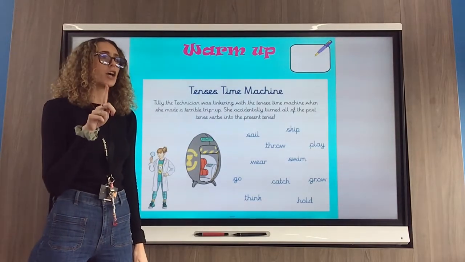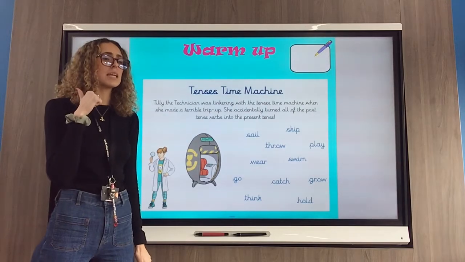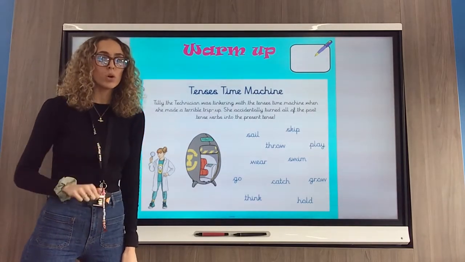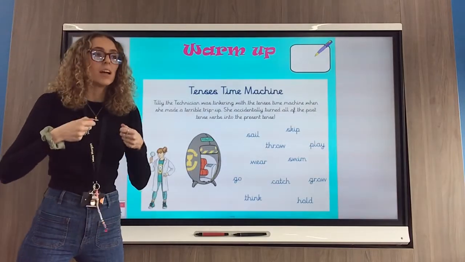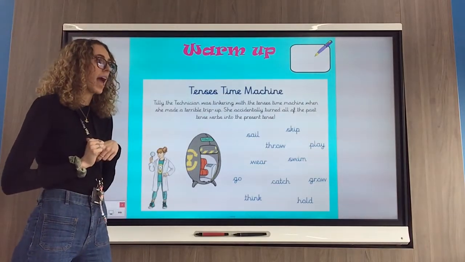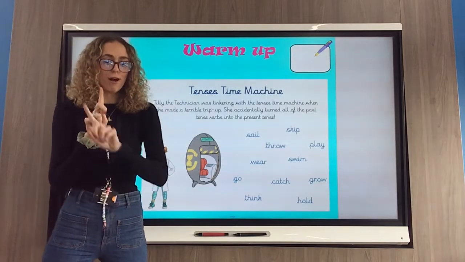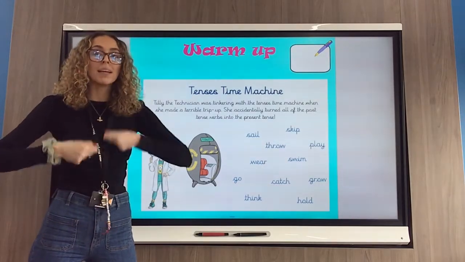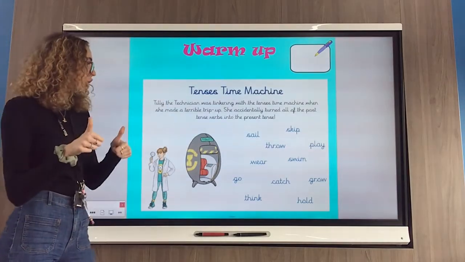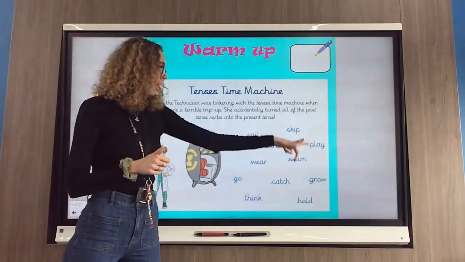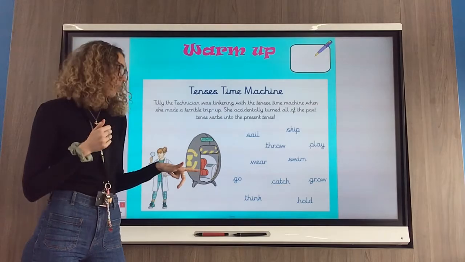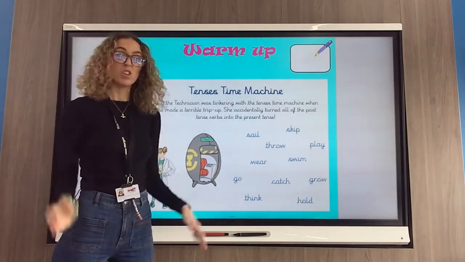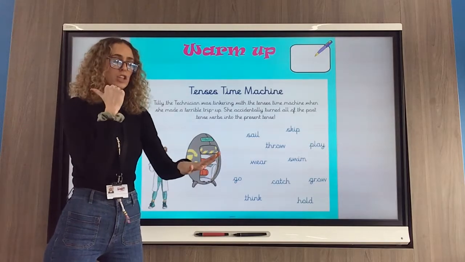So we know that past tense verbs mean they are verbs that have already happened. So this morning I ate my breakfast. Okay, and I know that my present tense of ate is what? I am eating. Well done. Okay, so Tilly has made all of my past tense verbs into the present tense. Wear, throw, swim. But we need to change them to the past tense.